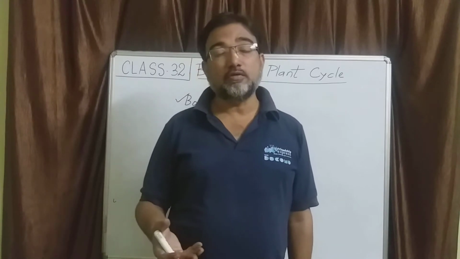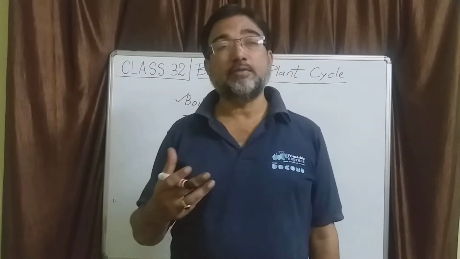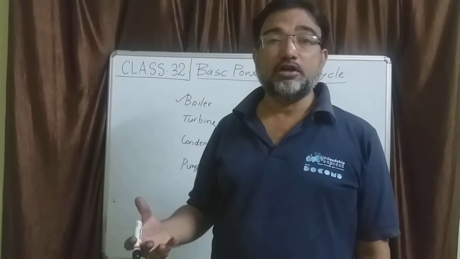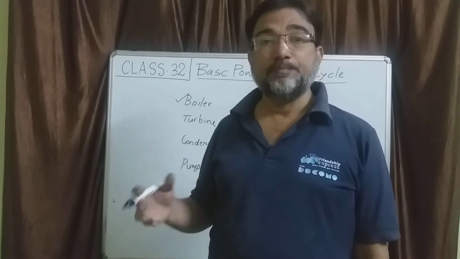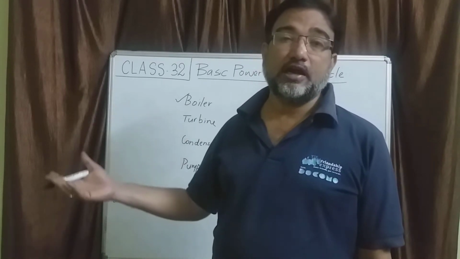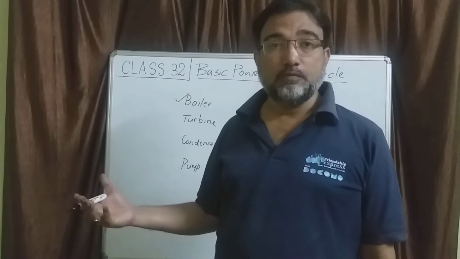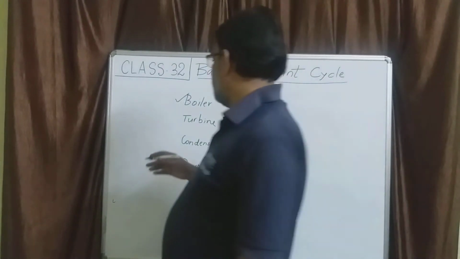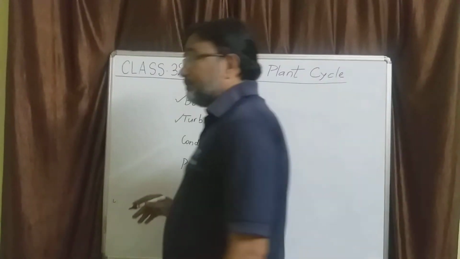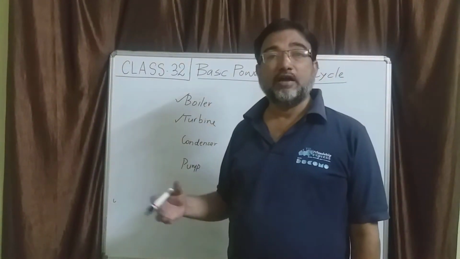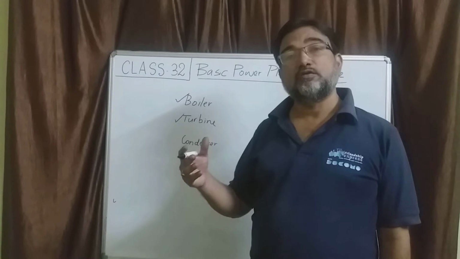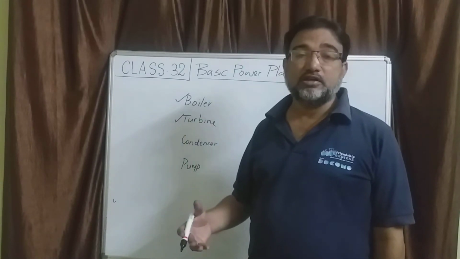Heat will be continuously supplied, and water, by absorbing heat, will get converted to steam at high pressure. There has to be an outlet in the boiler where the high pressure steam will come out. Then, that high pressure steam will go to the turbine. I will explain the turbine mechanism, where it will spend some of its energy and do some work.